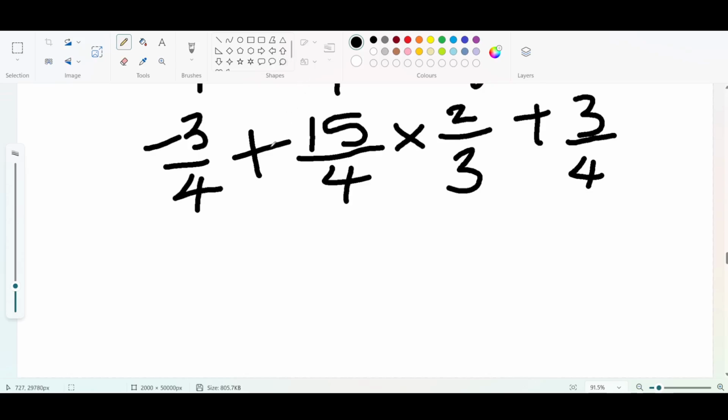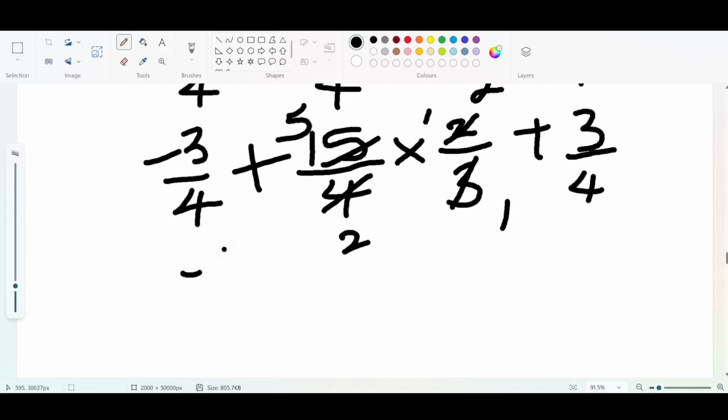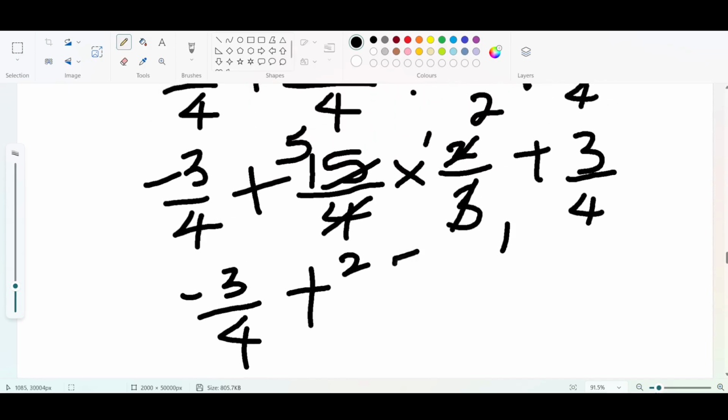Here we can cut: 2 here 1, 2 here 2, 3 here 1, 3 here 5. So we are left with minus 3 all over 4 plus 5 times 1, 5 all over 2 plus 3